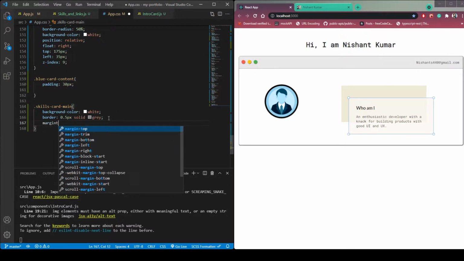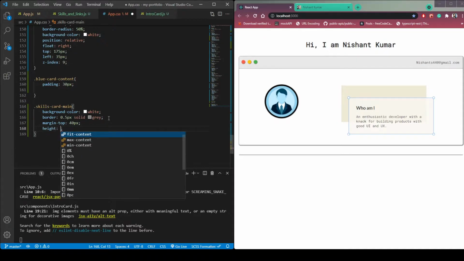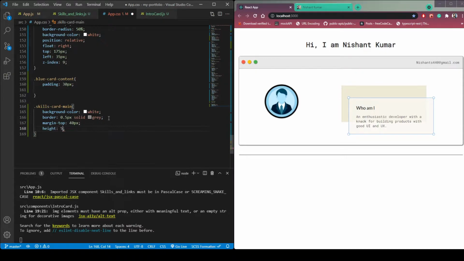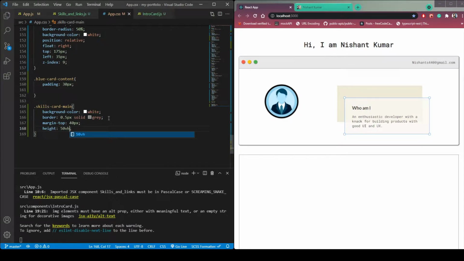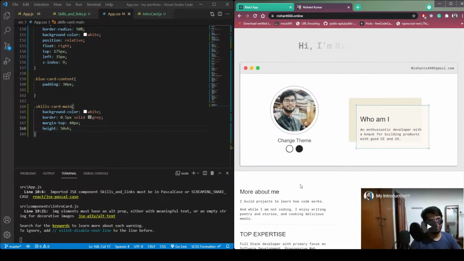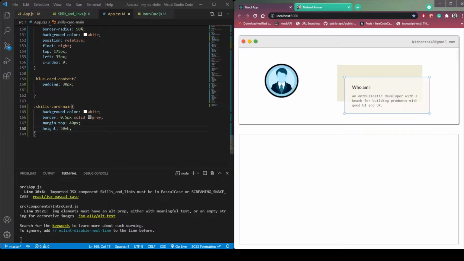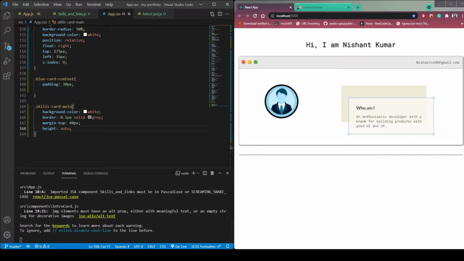So margin top 40 px. Then let's give it a height. The height should be, let's give it a 50 vh viewport height. Or let's make it auto because it will arrange automatically according to the content.